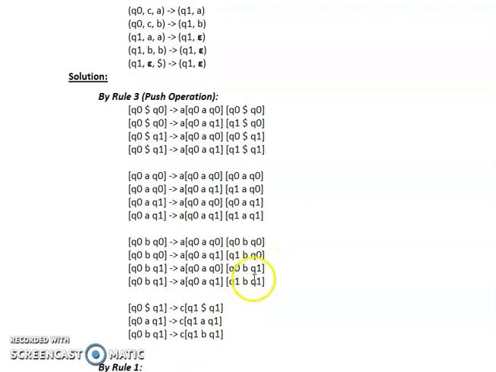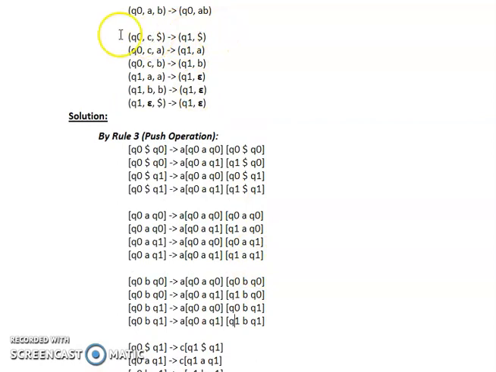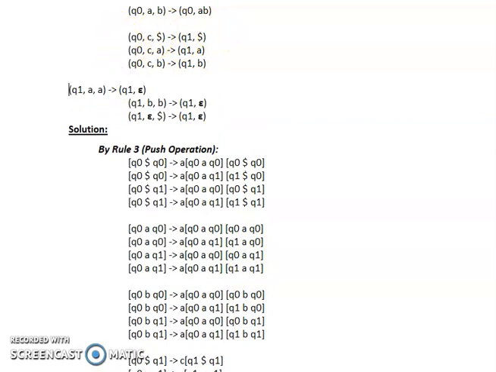Now, for the next transition. We have 3 more transitions, but in these 3 transitions, as we can see, there is a single symbol in our stack, that is dollar. Over here is A and over here it is B. So this type of production is nothing else but we are only changing the state. We are not providing any data to our stack. We are just changing the state.